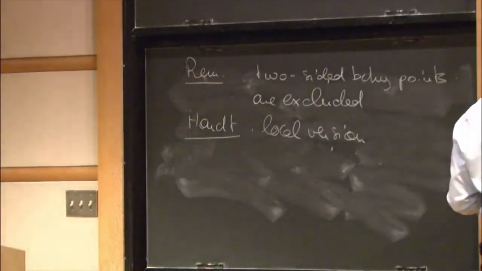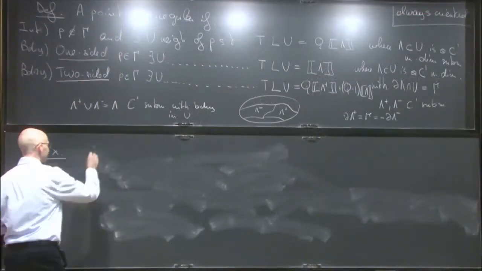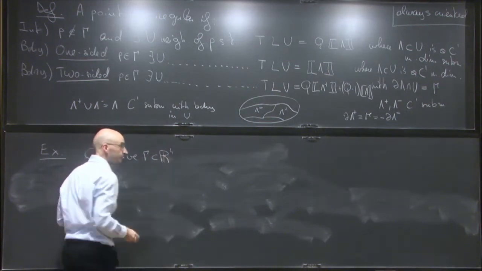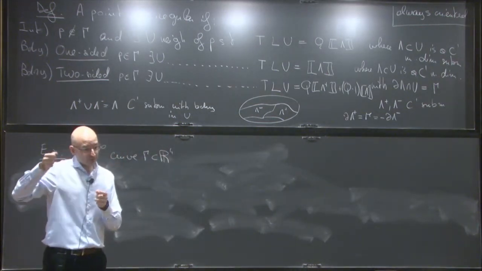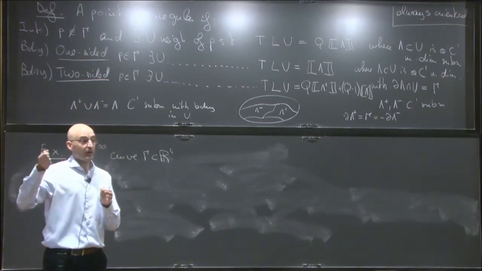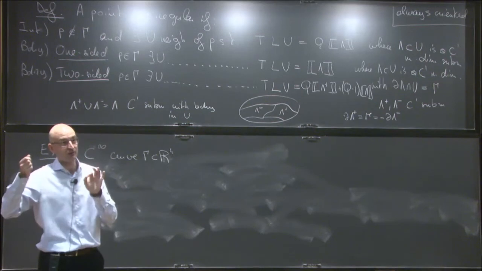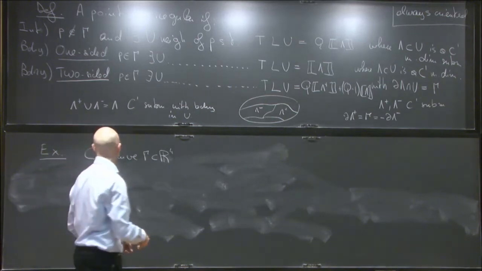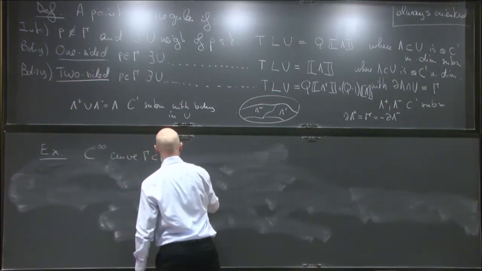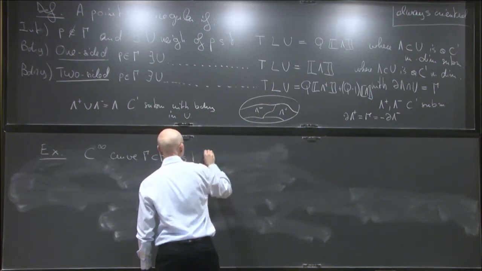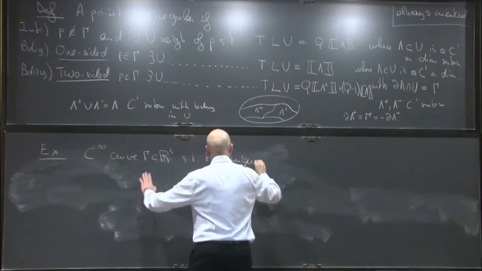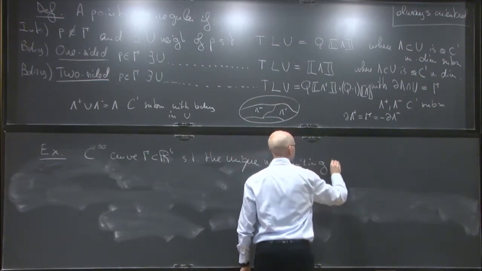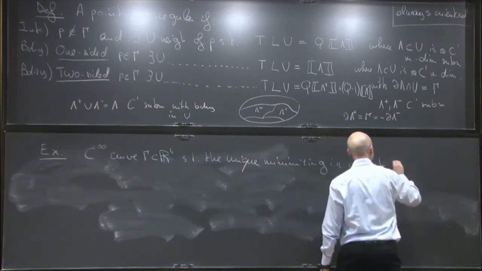This example, which luckily came much after, is a C infinity curve, gamma, in R4, such that the unique minimizer bounding it, the unique minimizing integral rectifiable current T bounding it